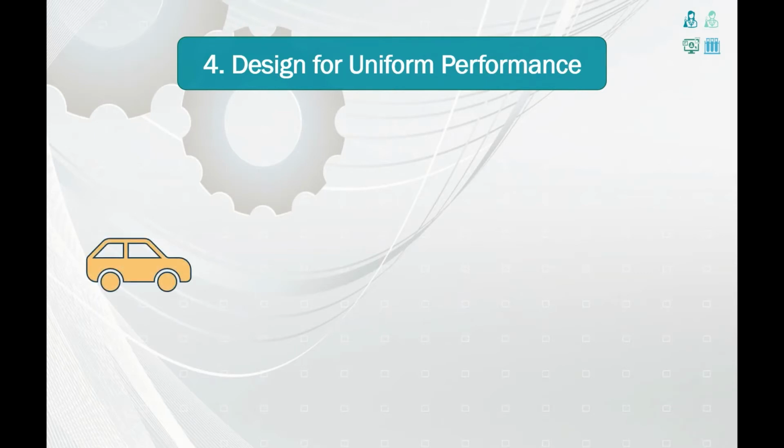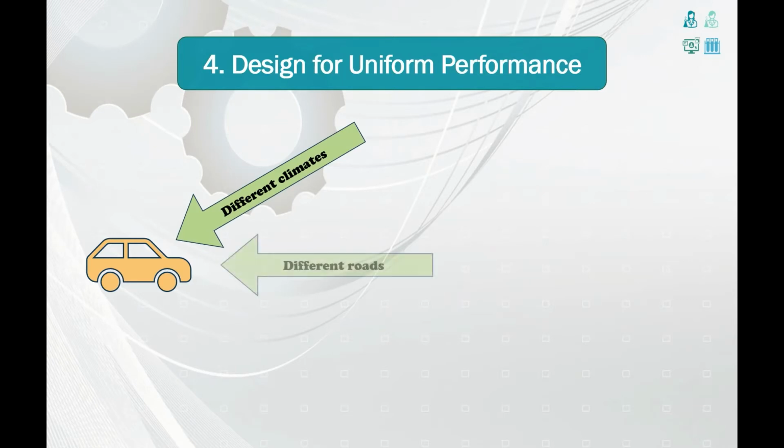A car manufacturer would want his products to adhere to different climates, different road types, and different driving habits. These factors, among others, are out of the manufacturer's control and yet will have an impact on the car's performance. Therefore, it would be desirable to set the level of the input factors that are under the manufacturer's control in a way that minimizes the effect of uncontrollable factors.